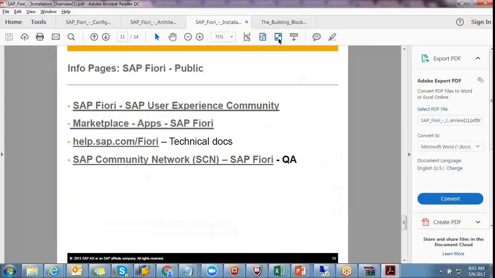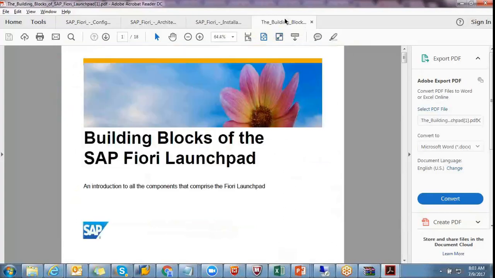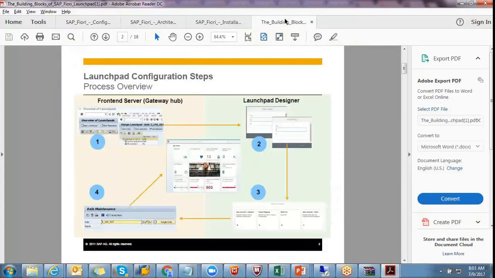Okay, now an important concept: how can you build up the Launchpad? If you see any Fiori app, it is a combination of different tiles. How to configure these tiles? There are thousands of Fiori apps, but you require only some 20, 30, 100. How can you configure these from the thousands of apps?